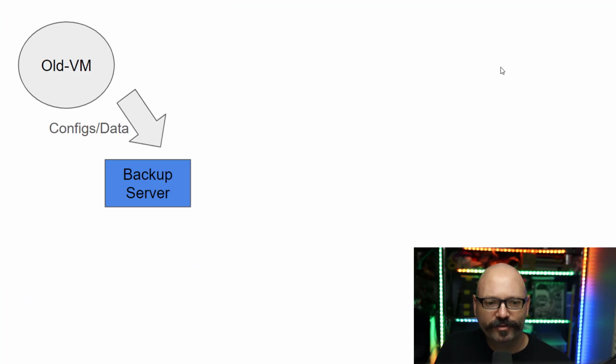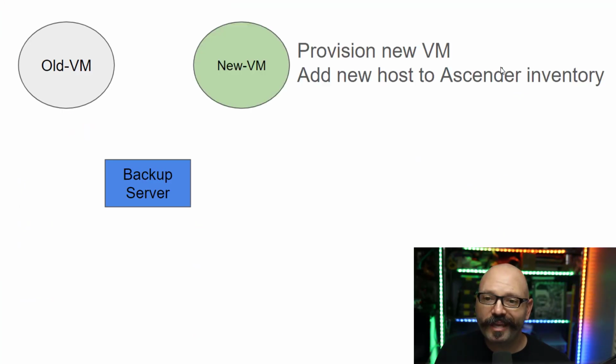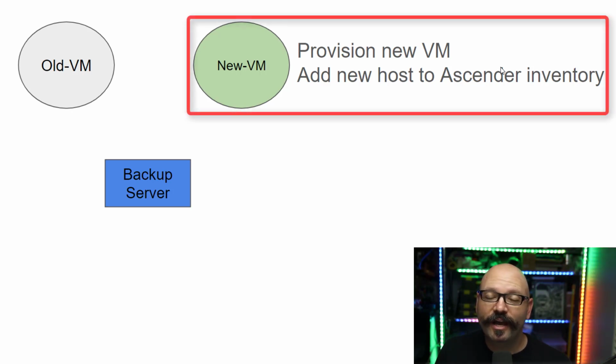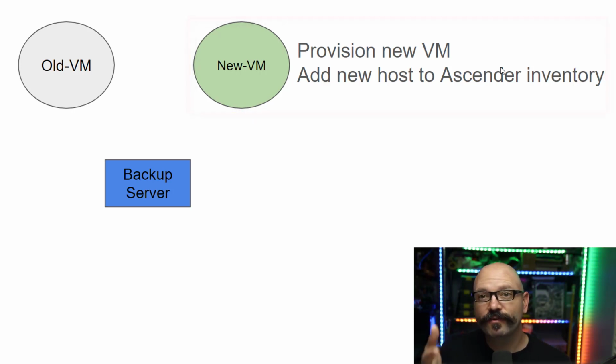So pretty straightforward. The very next thing I'm going to do is connect into my VMware environment and provision a new virtual machine. And after that virtual machine comes up, I'm going to take the IP address that it got, and I'm going to push that into the inventory,